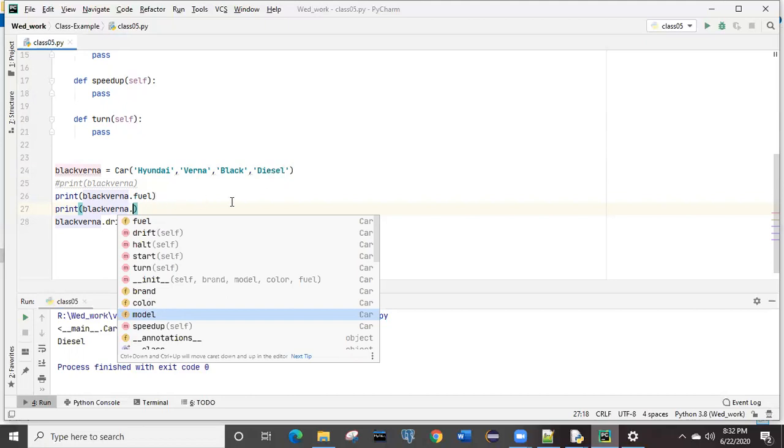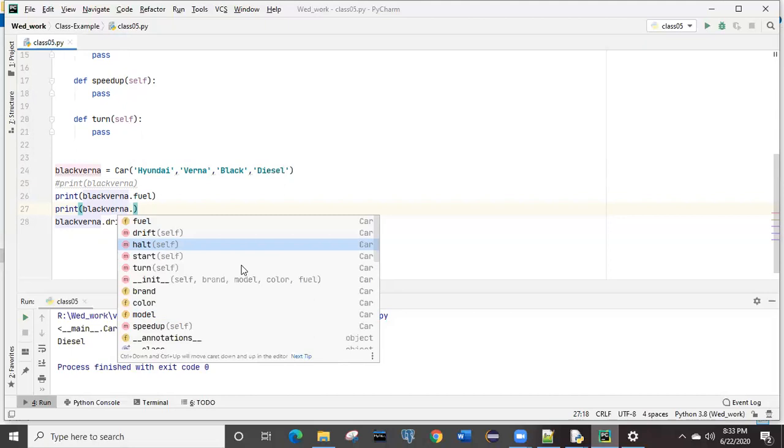But at the same time, in my car class some methods are also defined, like speed up, turns, halt, drift. Whatever method name you give, it will come over here. How can you identify them? If you see this property in red color, it shows an M. M is nothing but a method.